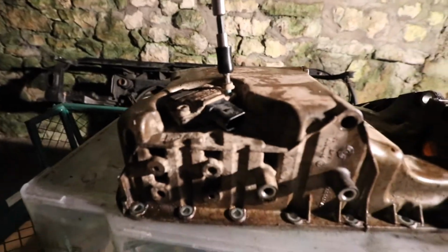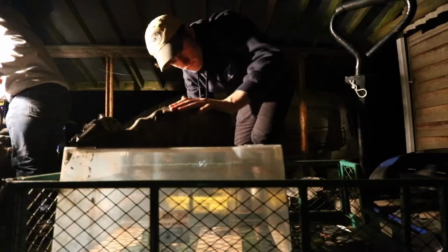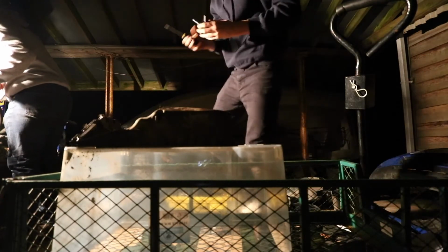Unfortunately, we forgot to take it out before we washed it. It should be alright, we'll have a look. It's just not a lot of velocity, but...